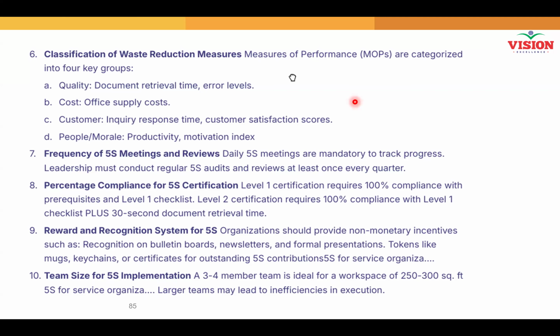Can we have some practical examples for the 5S KPIs? No, practical example in the sense,